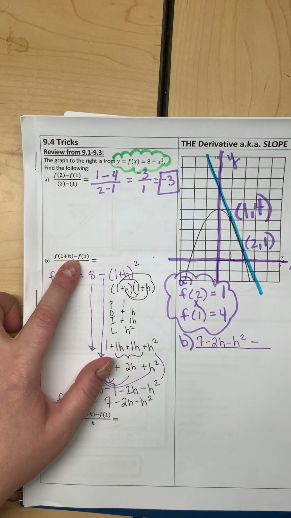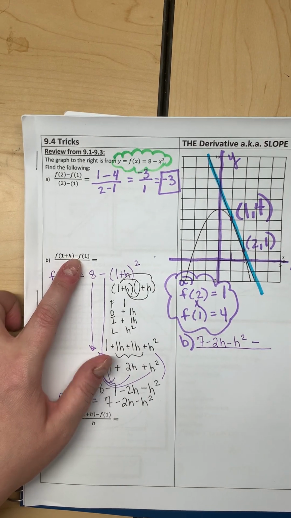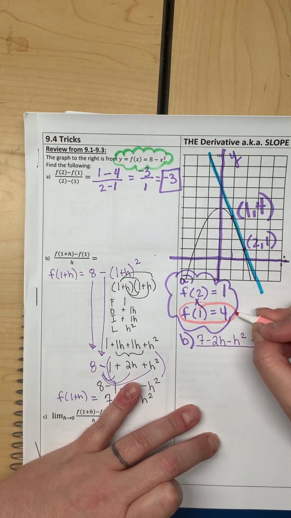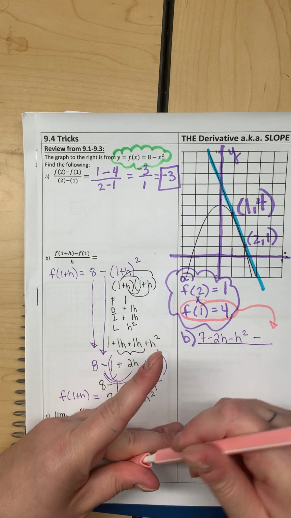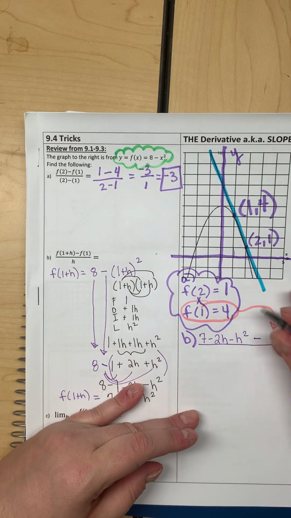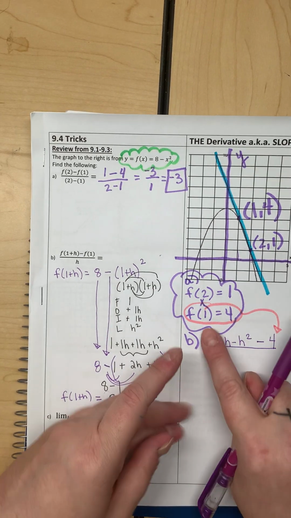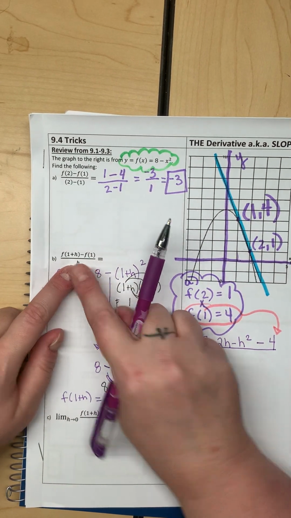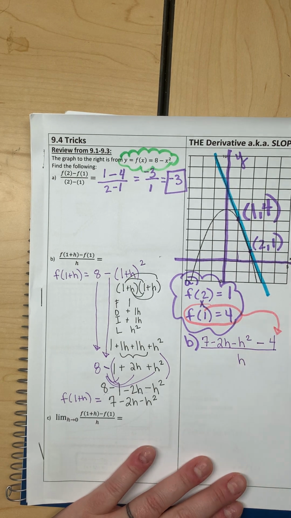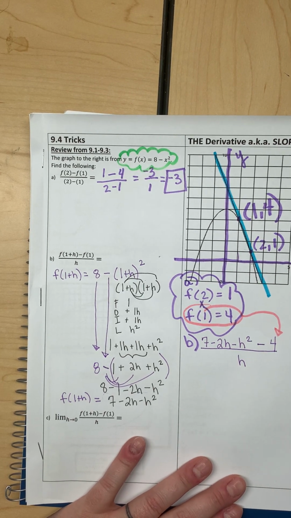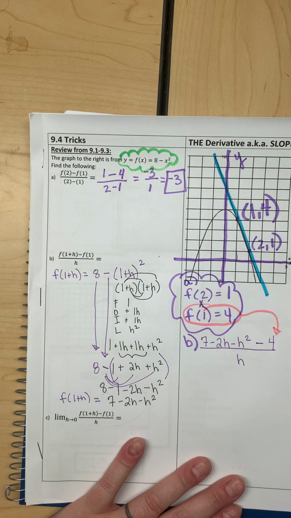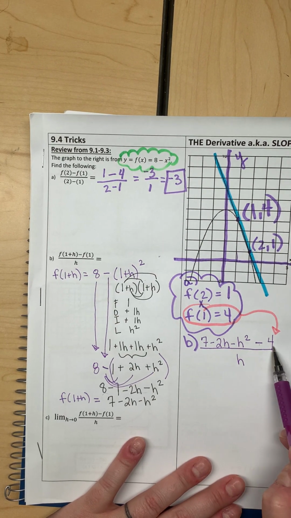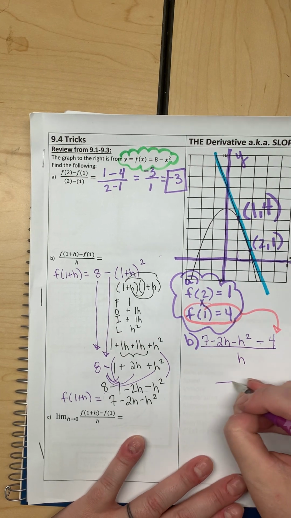Well, minus f of 1, I think we already know f of 1. It was 4 from part A. So I'm just going to say minus 4 because f of 1 is 4. And then the rest of the problem from part B says all over h. So let me put all over h. And then now let's combine like terms. I think the only like term we can do is 7 minus 4. So I still have a huge fraction,